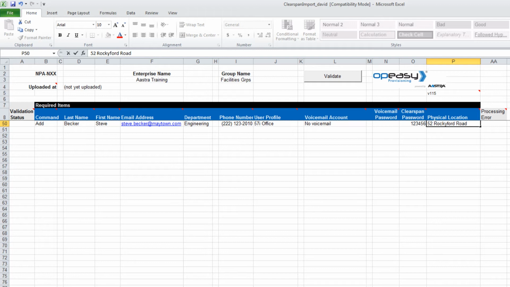However, to better illustrate the ability to add multiple users when using import mode, Administrator David wishes to add 2 additional users to the worksheet. For these users, voicemail will be used, so voicemail account and voicemail password columns will be filled in accordingly. On the next line in the worksheet, then, we will input the command add, last name Burke, first name Lisa, email address lisa.burke@maytown.com, the phone number